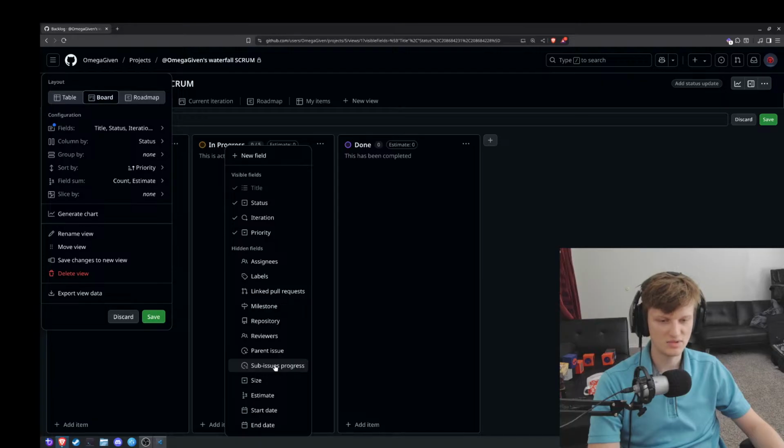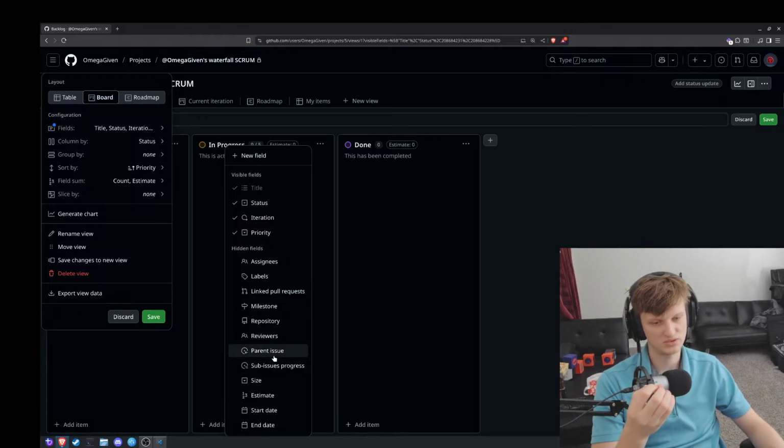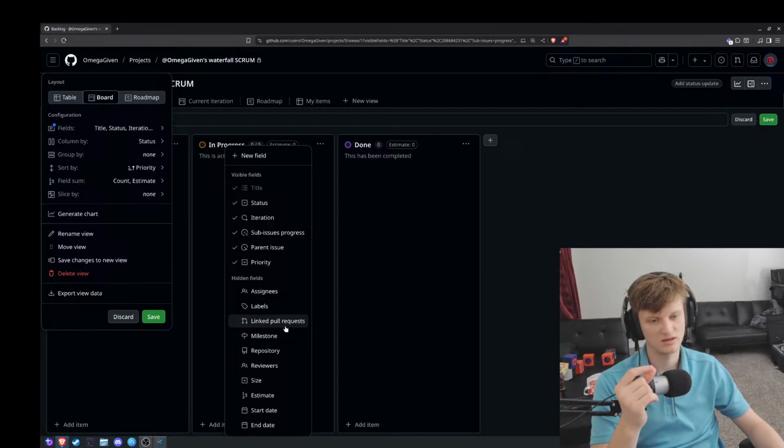Ooh, that might be a little more what we want. We might want to have a sub issue list, so we can maintain this thing to do what we want it to do. Parent issue, sub issue, parent issue. I think we want to have those too. I think those are going to be really helpful. Repository, it's all going to the same repository theoretically. Milestone, linked pull requests. Yes, we might want linked pull requests. That's going to be all stuff that comes later on, I think. We do want labels because we're going to want to label this thing a little bit.